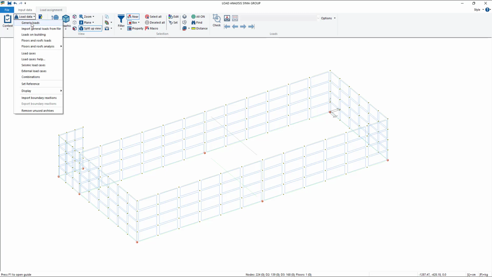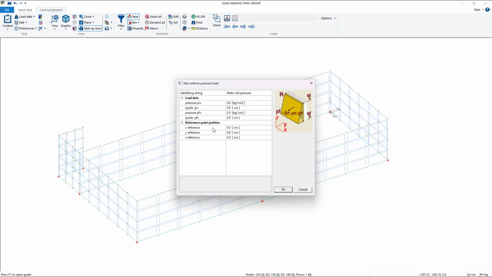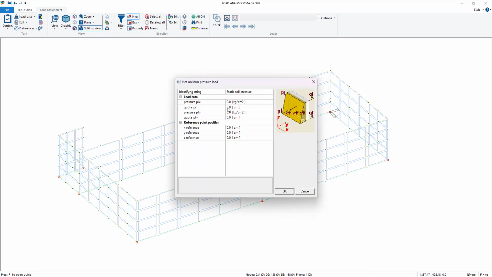So we go back on data generic, and on the static load pressure, we can go initial quote 280, final quote is 0. Let's say that the initial pressure is 0 and the final pressure is, I don't know, 10. And then we have to set what is the reference point position.